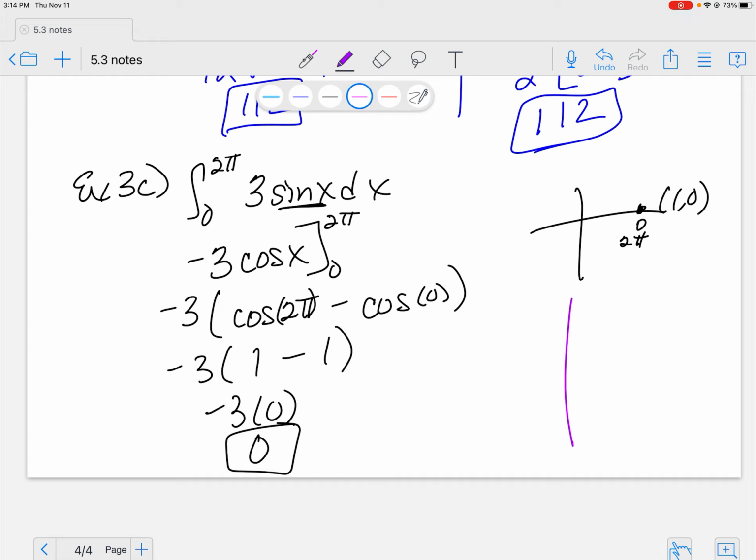Because of this. If I have sine, my sine function, this 3 in front just means that I have an amplitude of 3, right? So sine starts here, goes down, and then comes back up here. I'm going from 0 to 2 pi. That is a full period. Sine is a periodic function. My positive and my negative cancel each other out. There's that net area, right? That's why we talked about that beforehand. There is that net area. So it is okay to have 0 as my answer of that integral. Cool, right? Yes, it is cool. Nice. Very, very